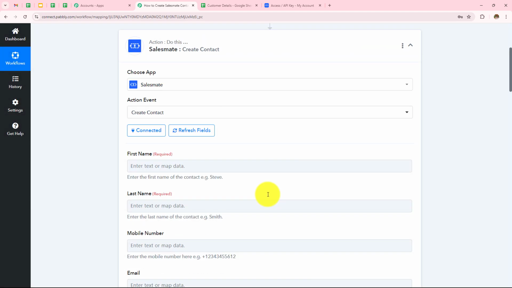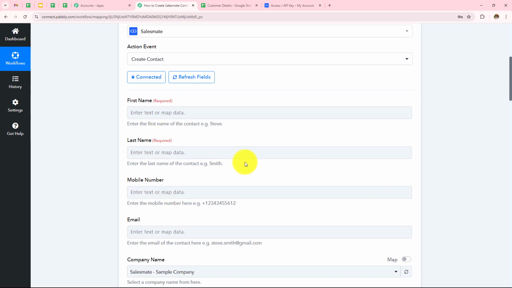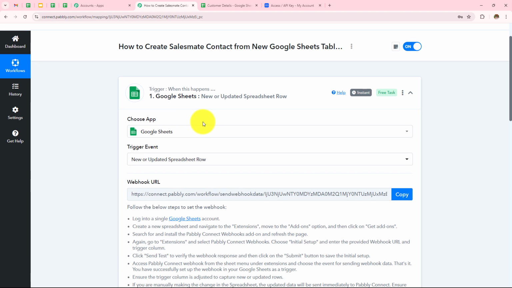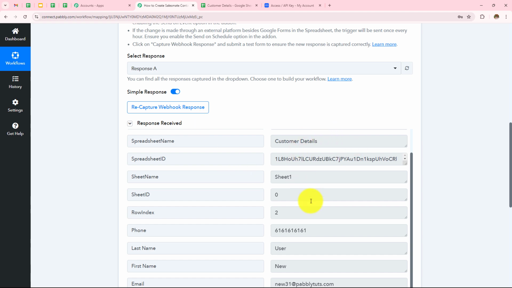So Salesmate is connected with Pabbly Connect. And now I need to enter all these details. So the first one is first name. To enter this, I'm going to use a process called mapping, which means I'm going to enter data from my previous response. So here in my trigger step, which is my previous response, I have received this response